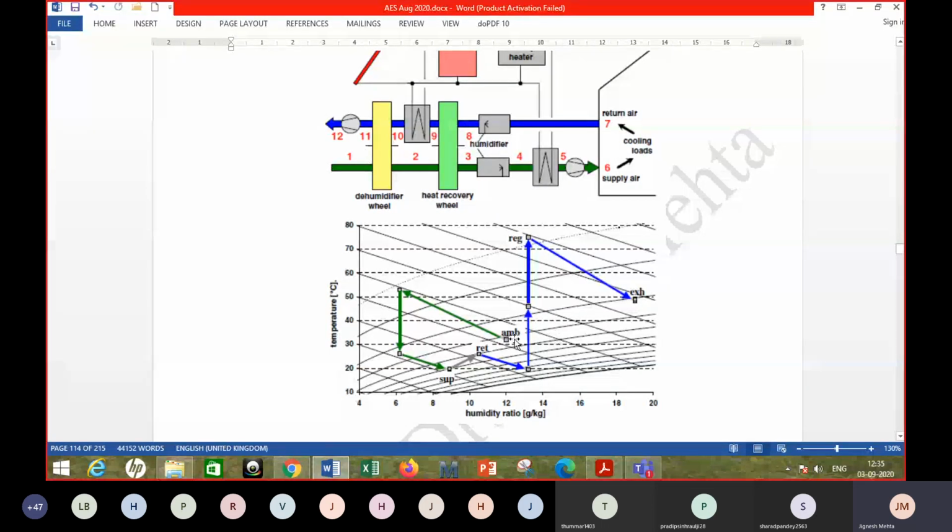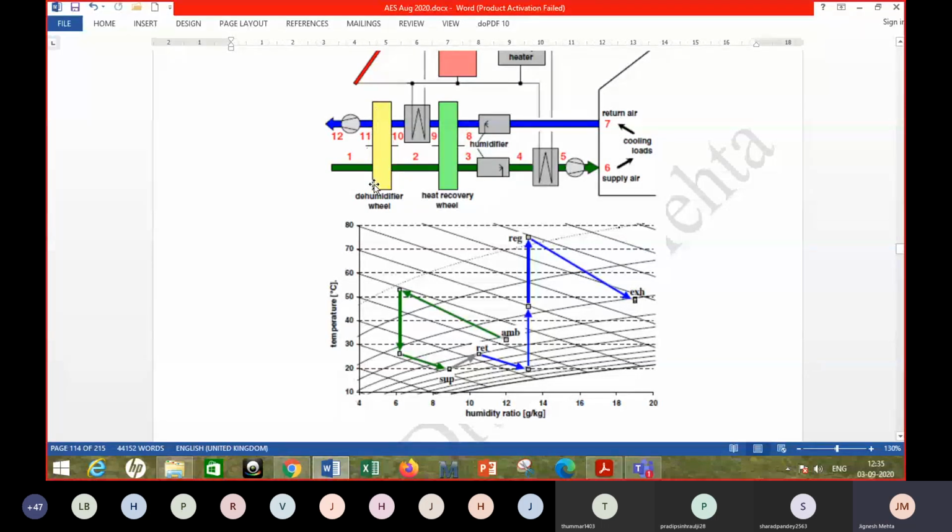So what you are doing is first it is passed through this dehumidifier wheel. Now, what is dehumidification? Dehumidification means removal of moisture. Here there is some chemical used, and this is actually called a desiccant wheel. A desiccant is a material which absorbs water vapor. And this is slowly rotating. It is exposed to this stream of air, slowly rotates, goes to the other stream, and again comes back.